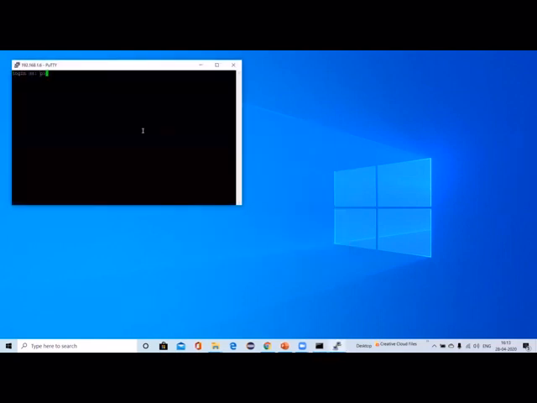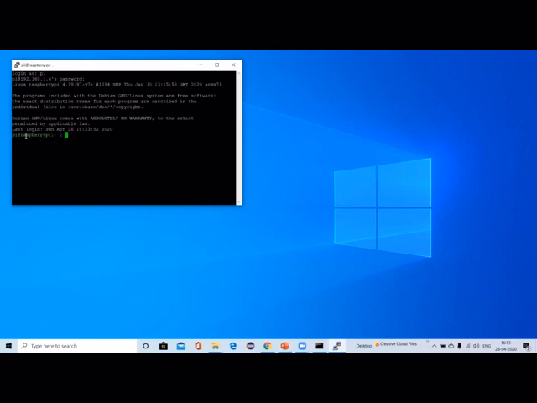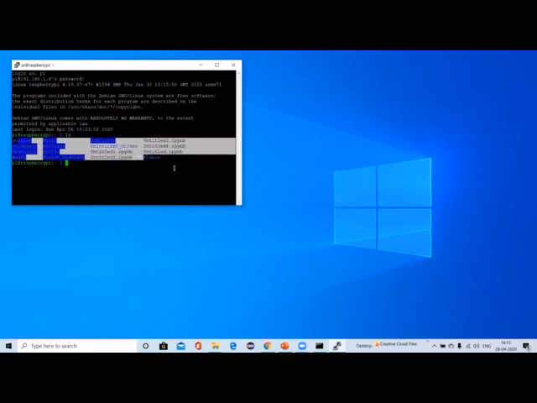It will ask for a username and password. So it has connected to my Raspberry Pi window. You'll see here, this is desktop, music, and templates. All the content, that means all the data, is showing.